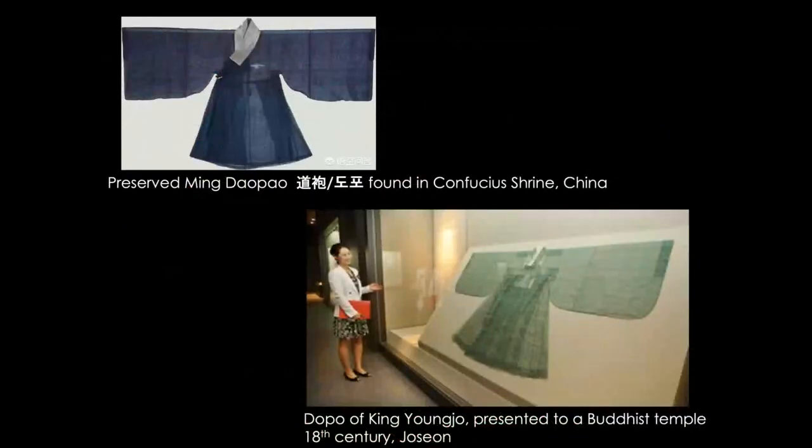So I have examples. In men's clothes, the most essential item, like a jacket in a European suit, is 도포. It really sets the tone of your social status. Farmers, fishermen, or poor men could not wear 도포. Why? Because it is conspicuous consumption. Do you know the word conspicuous consumption?